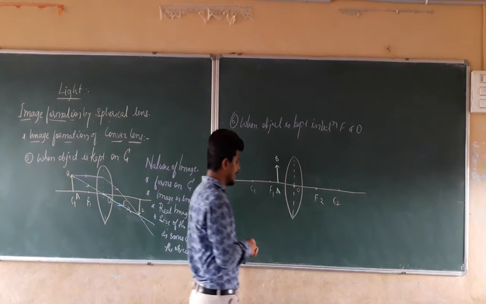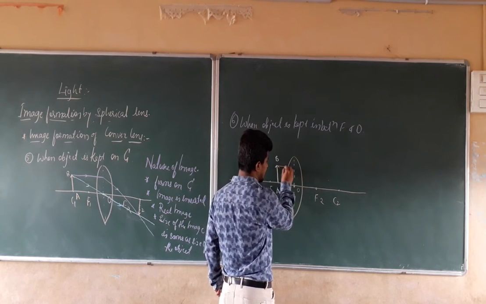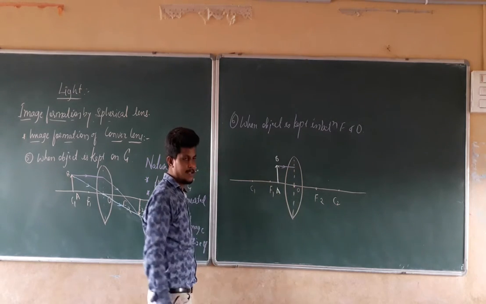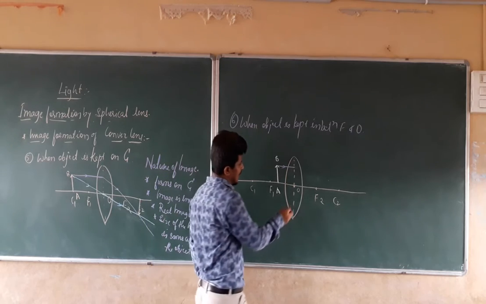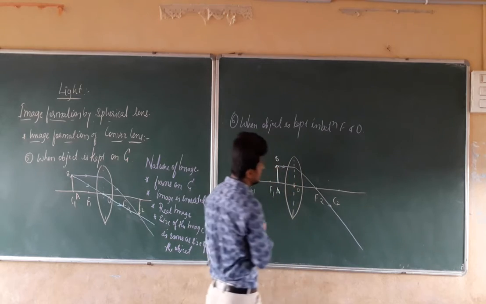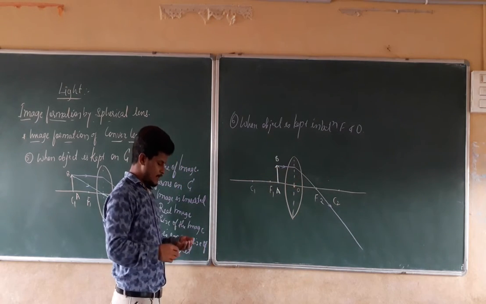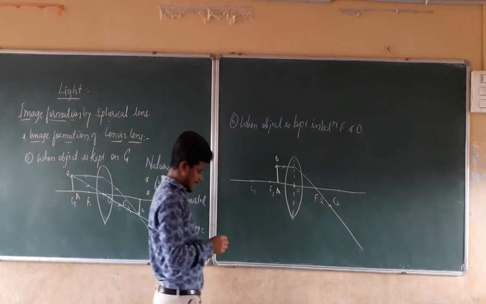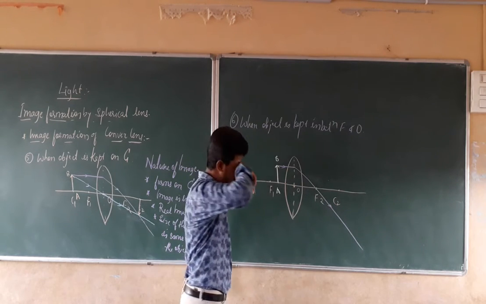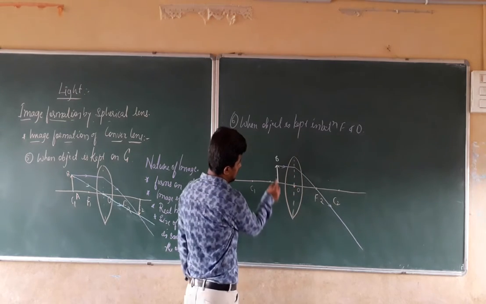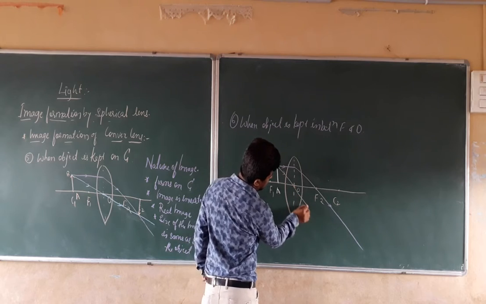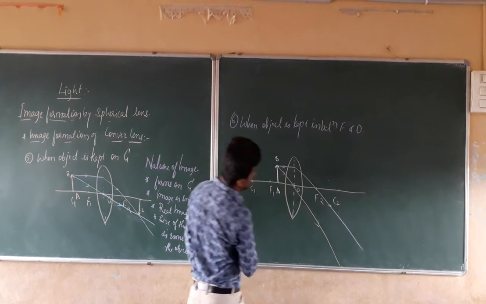So we are going to take the light rays which are traveling parallel to the principal axis. First condition: this light ray which is traveling parallel to the principal axis on refraction is going to pass through the principal focus, like this. Right? We are going to take the second light ray, which is passing through the optic center. What will happen? It is going to travel like this.